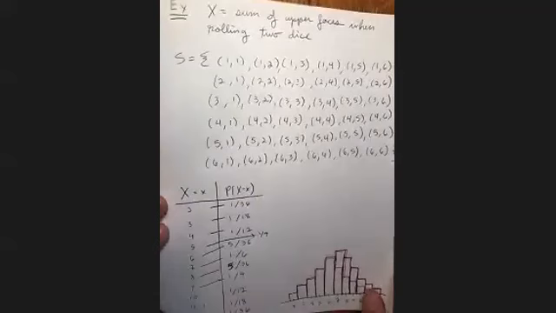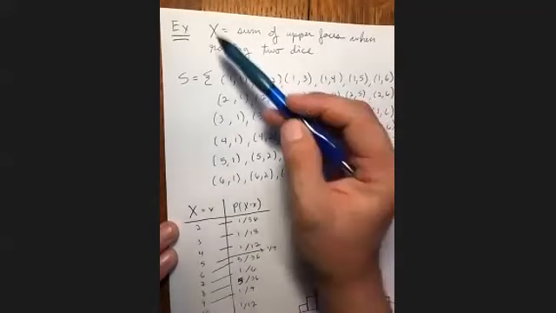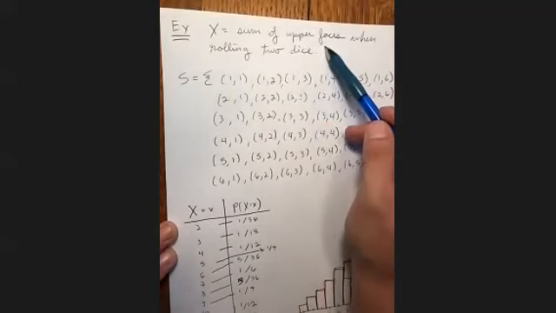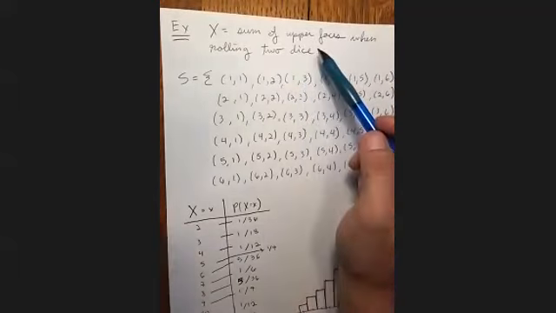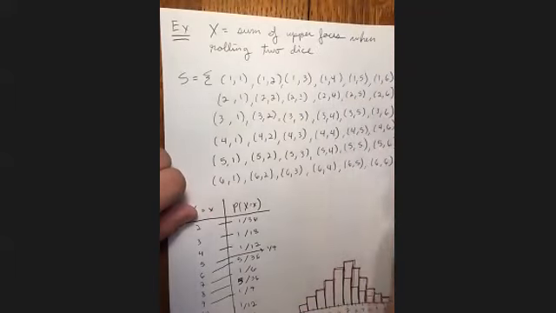So let's look at another example of a random variable. In this case, I'm going to define my random variable to be the sum of the upper faces when rolling a pair of dice, right? So an individual die has 6 sides, each side with a number between 1 and